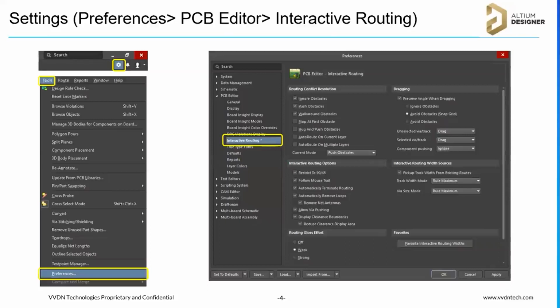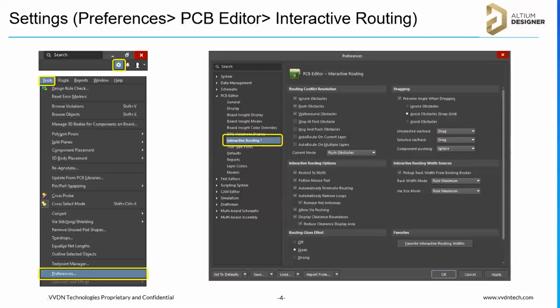Generally, before starting the tool, or for a new PCB or a new design, I'm going to follow the default settings. For the routing, generally I'm going with walkaround obstacles or push obstacles, and always restricted to 90 or 45 degree, and you are removing the loops by default. That should be removed, because while routing by mistake we may not be aware, right?